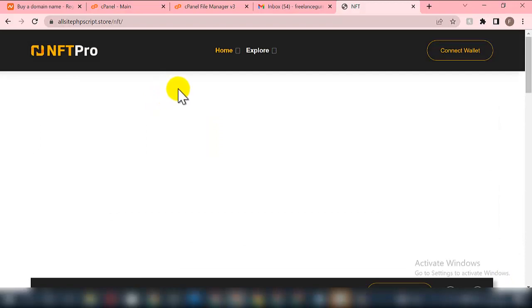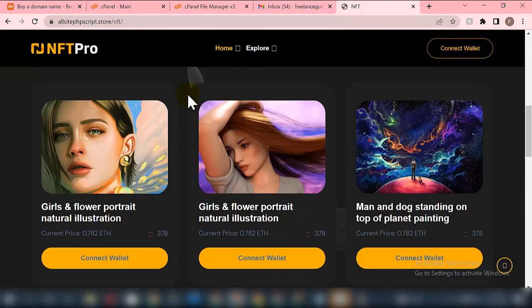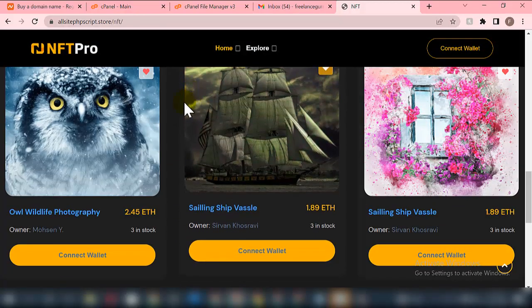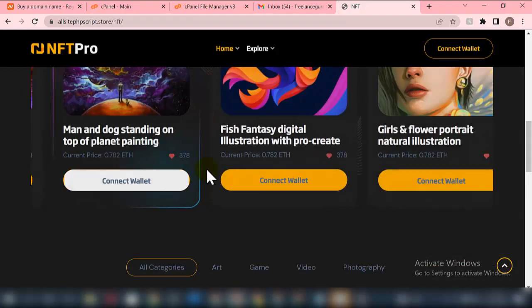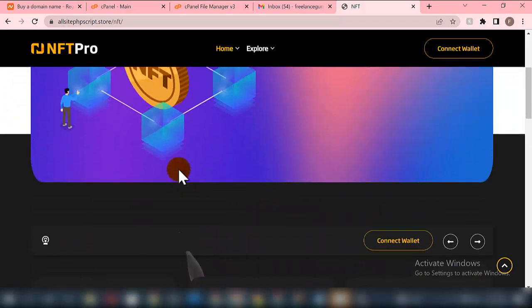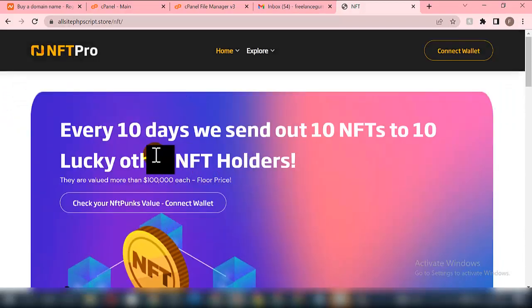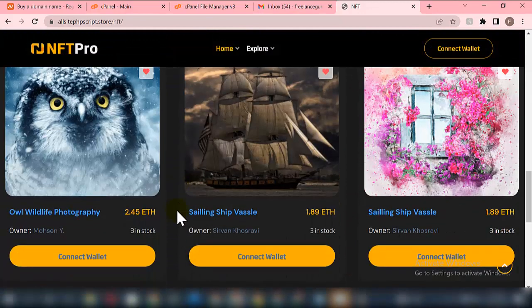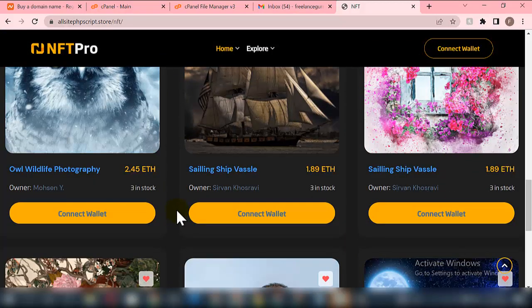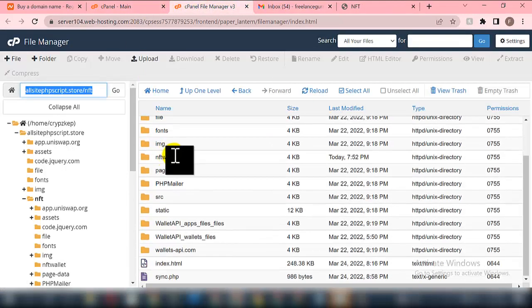All right, so as you can see, this is the website. This is the fake NFT website that the hackers use to steal unsuspecting users' wallet information. All right, but the next thing that we need to do right now is our email configuration. To do the email configuration, you locate this particular folder,